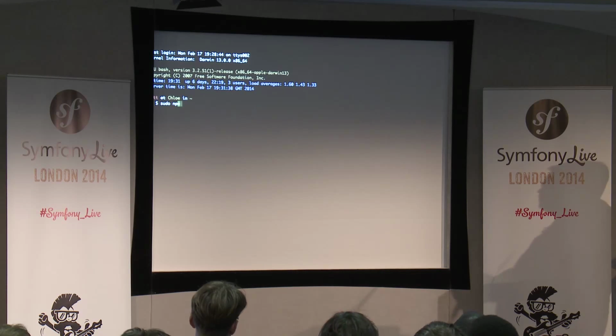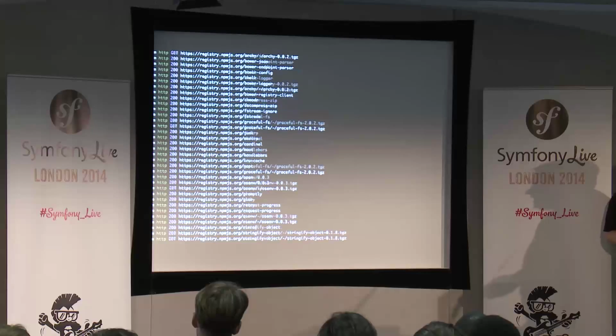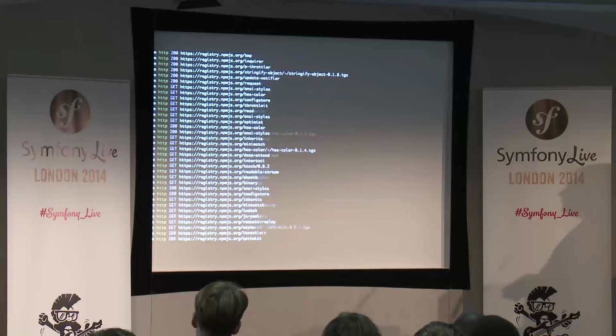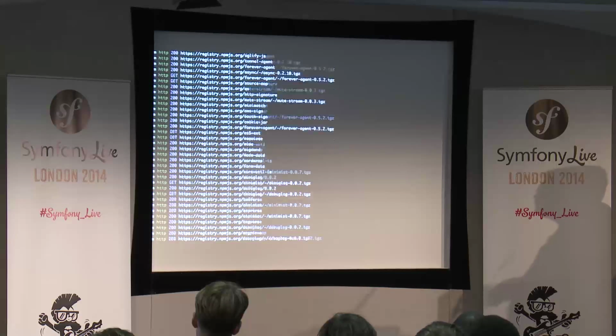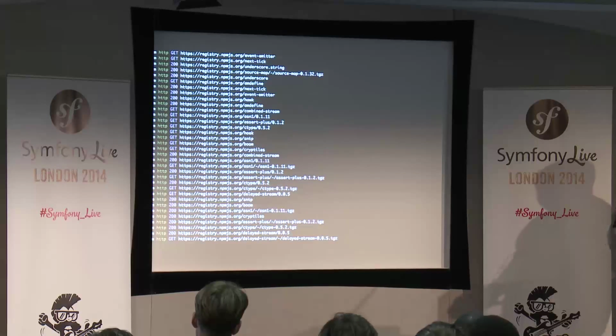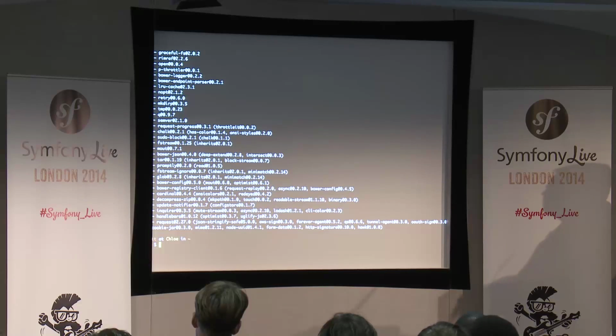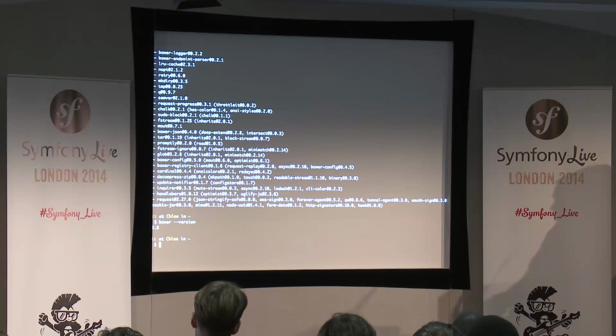So you need to use sudo to install it globally. And then once you've done that, it basically goes and installs the internet on your computer. And you sit there and you wait, and you wait, and you wait. And eventually, it does actually install a new command line tool, which is now available globally on your machine. So you can see that obviously you can just use Bower from the command line now,